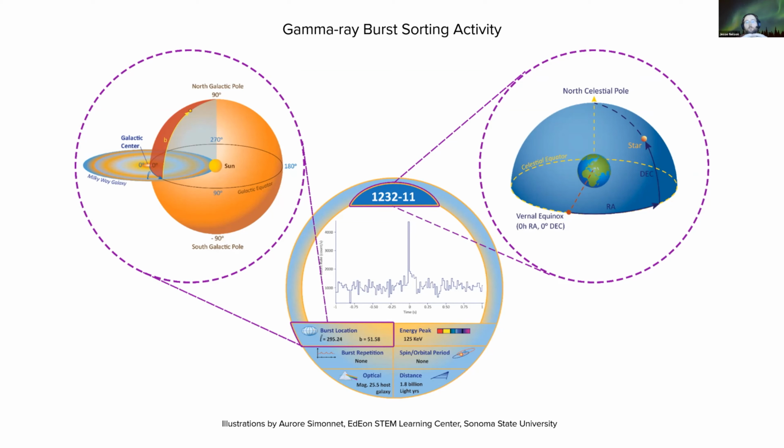There are long gamma ray bursts, which basically result from core collapse supernovae. That process just takes a little bit longer. The gamma ray burst evolves over a longer period of time, maybe tens of seconds up to more than a minute. And then we have soft gamma repeaters, which are disruptions in the surfaces of magnetars, which result from shifting magnetic fields. A magnetar is basically just a neutron star that has an exceptionally intense magnetic field.